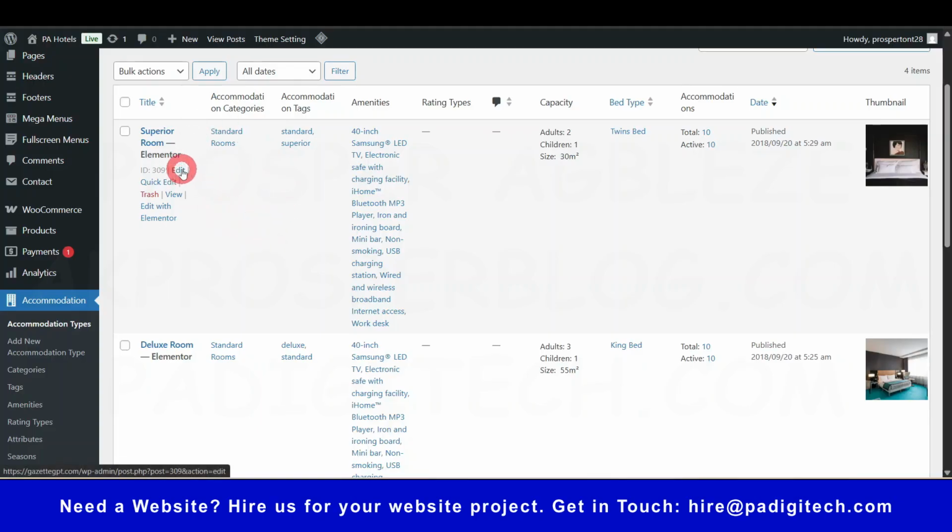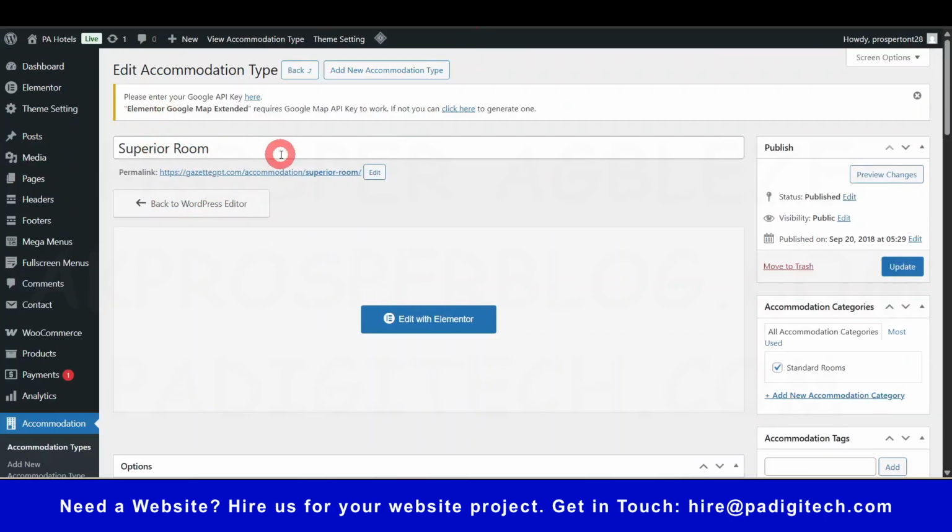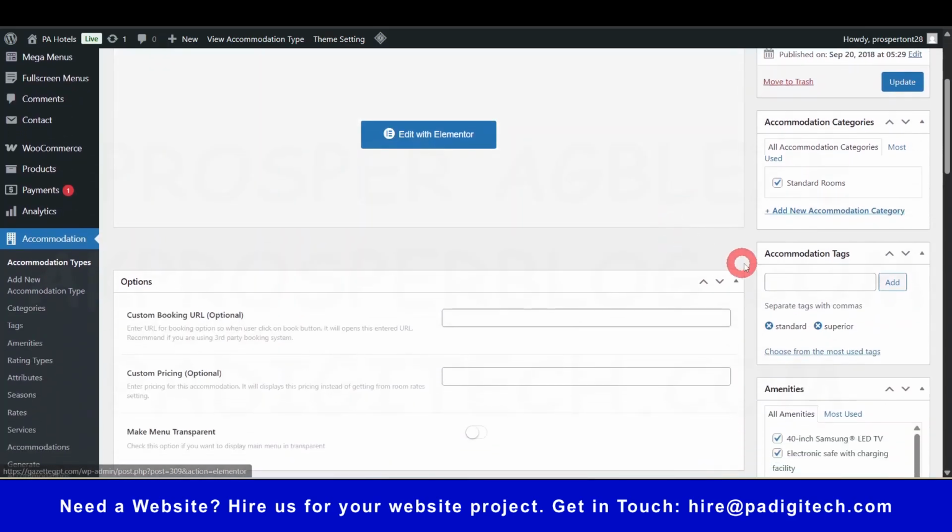Okay, so if you want to do the option of edit, you can just click here. Let me open that in a new tab. All right, so you can just edit, for example, this superior room, and if you want to maintain the name, it all depends on you. You go ahead and do that. And then under